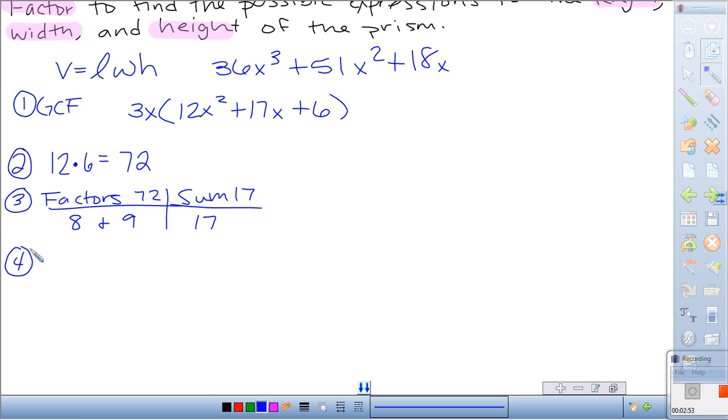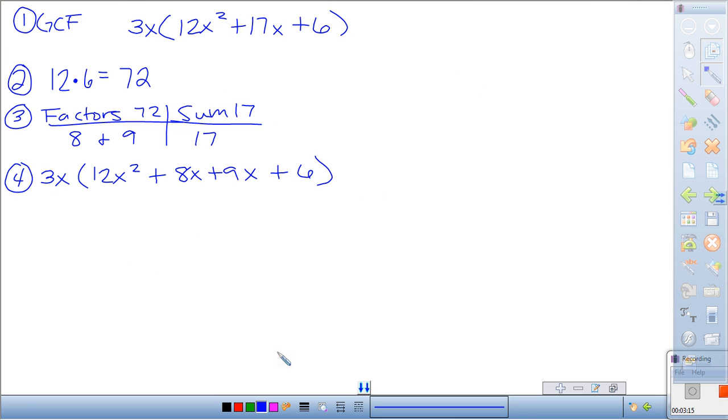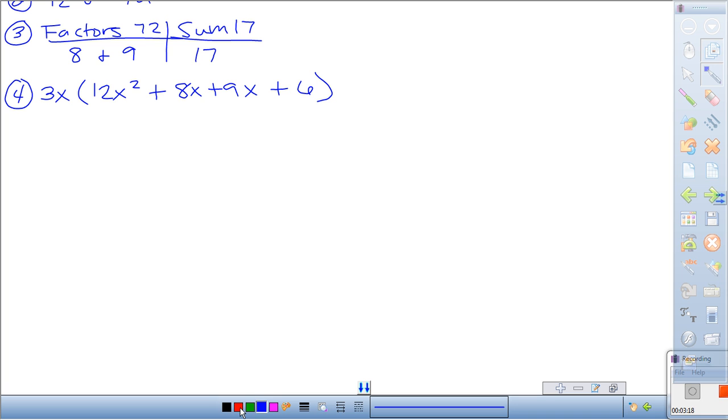So now we're going to rewrite this trinomial as a 4-term polynomial. So again, don't forget about that 3x, and we're going to rewrite our trinomial. So leave your first term alone, plus, now we're rewriting 17x as 8x plus 9x plus 6. Now that we've changed our trinomial into a 4-term polynomial, we can use grouping to continue our factoring. So I group my first 2 terms together, and then you group your last 2 terms together. And again, don't forget about that 3x, so let me just bring down that 3x,